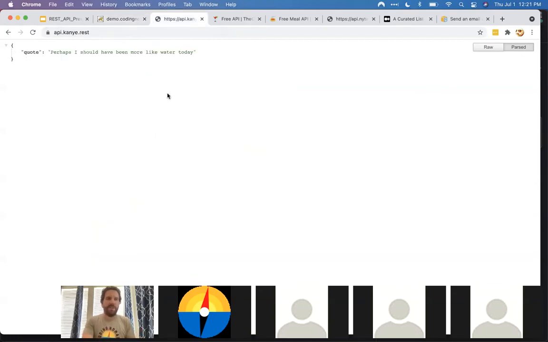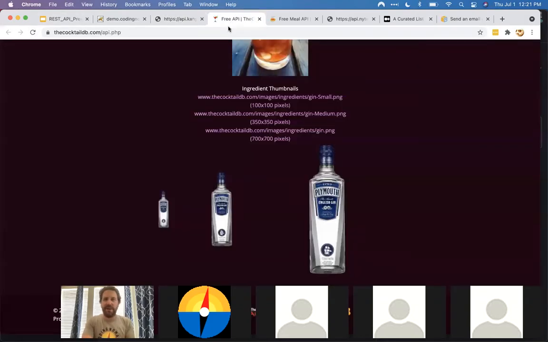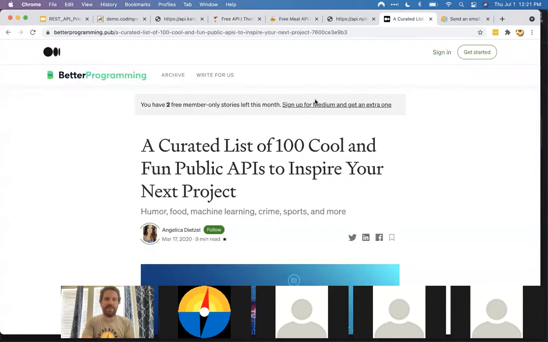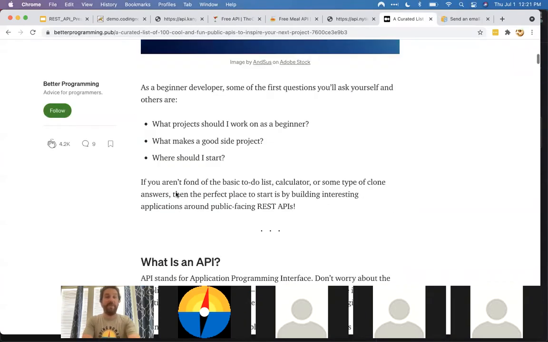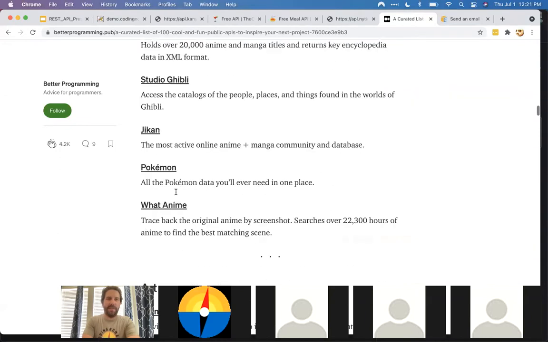Just for fun, this is a silly Kanye REST API. So APIs can be super complex. They can also be really, really simple and funny. And so this is just a RESTful API that returns quotes from Kanye West, which is kind of funny. There's also a bunch of other APIs out there. Like here's this fun list of 100 cool and fun APIs, and I just pull it up because it's really just to show,